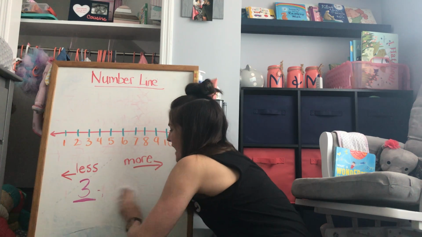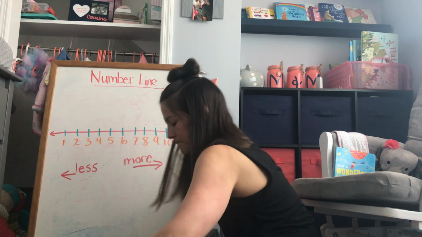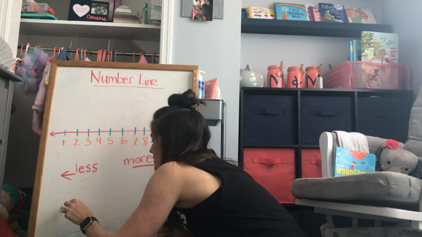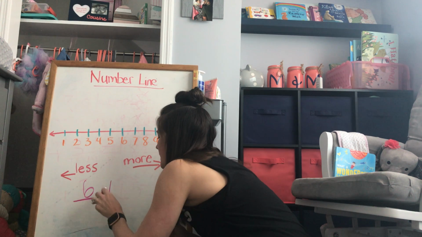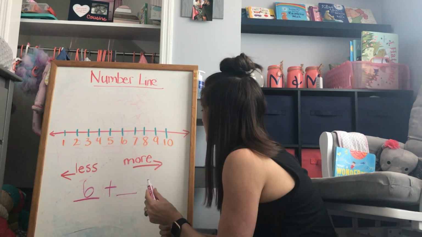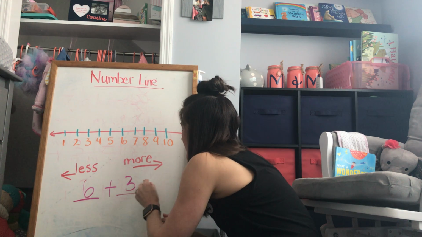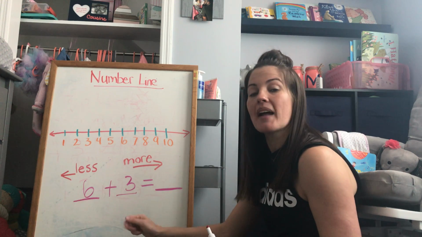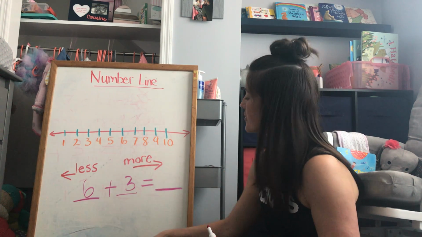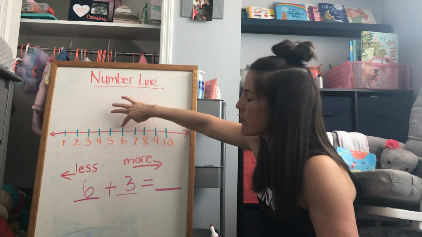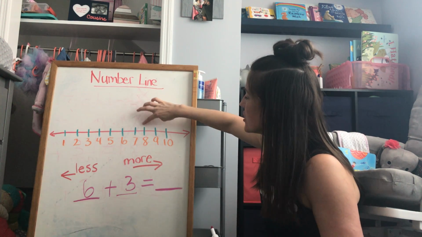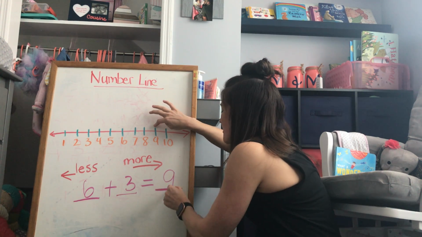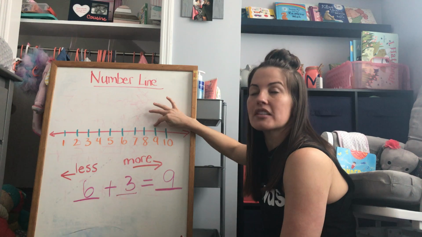Let's do one more like that, and then I'm going to show you subtracting. All right, now I'm going to do 6 plus 3 equals, and I'm going to figure out my number. So you might have this in your mental math right away, but I need to show how I know. So I'm going to start at 6. Hop forward 3. Here we go. 1, 2, 3. What's the number? 9. So I am using my number line to show how I know. It's a resource to me.